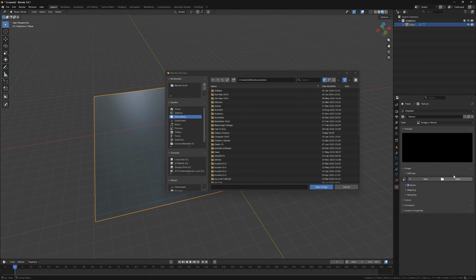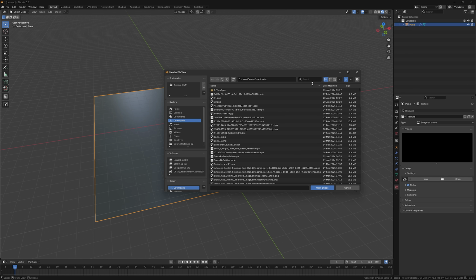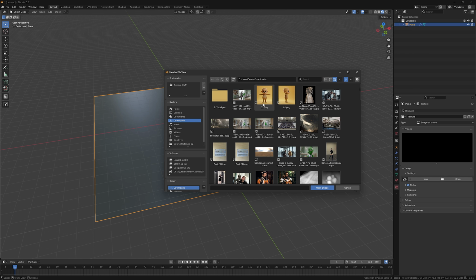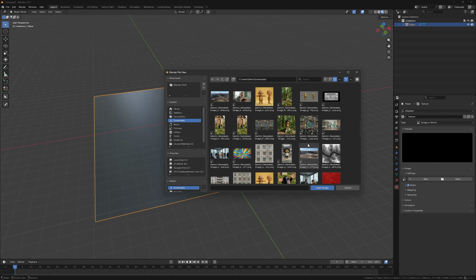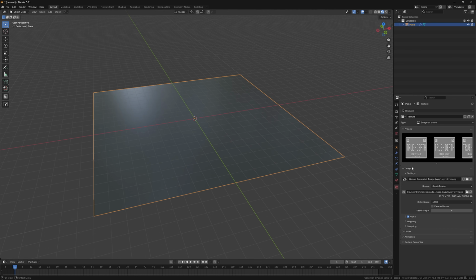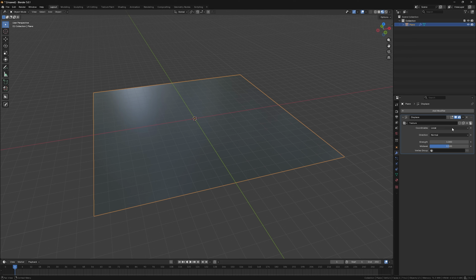Let's now open the texture, and I have it here on this one, I guess. Where was it? I guess it was this one. So I will select it and then I will go back here into the parameters and I will select here